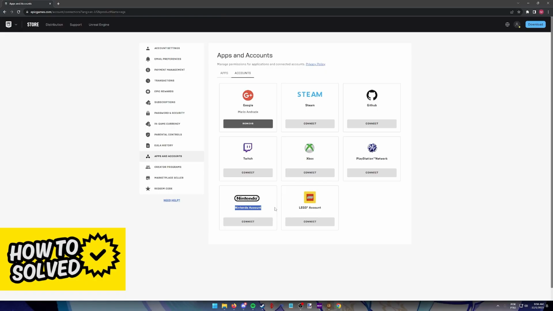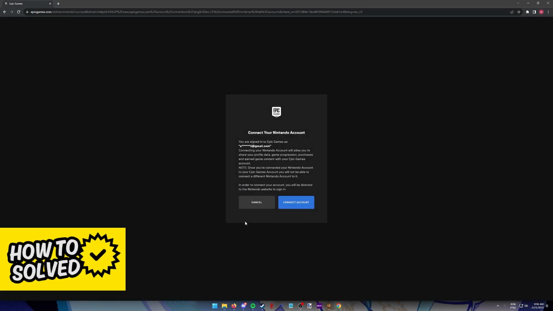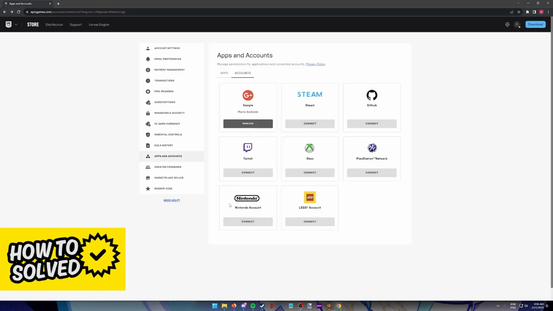Basically, you have to do this process every time you want to switch accounts, as there is no option to log out inside of Fortnite on the Switch. So this is all you have to do. You will notice that for me, the option to remove is not here because I don't have a currently linked Nintendo account, but if you do, all you would have to do here is click remove, and after it has